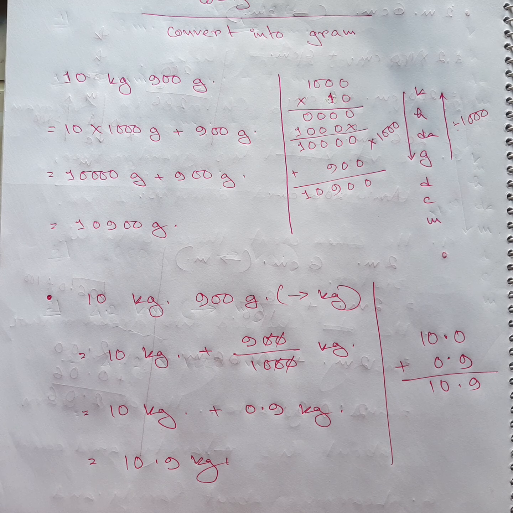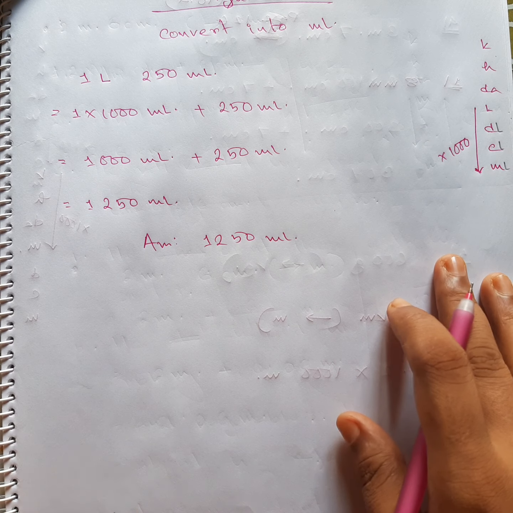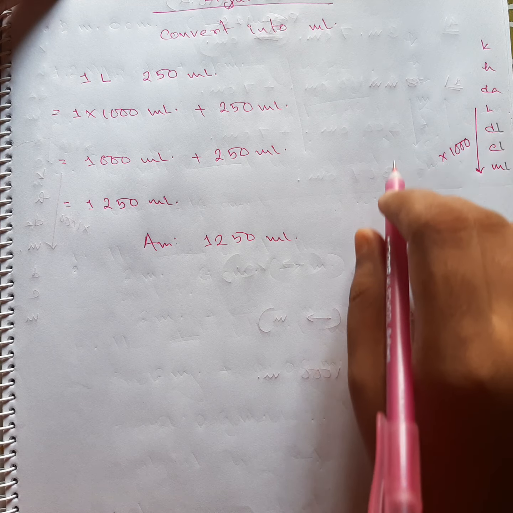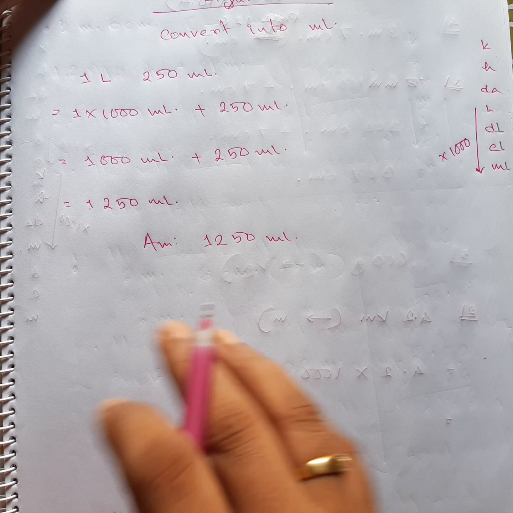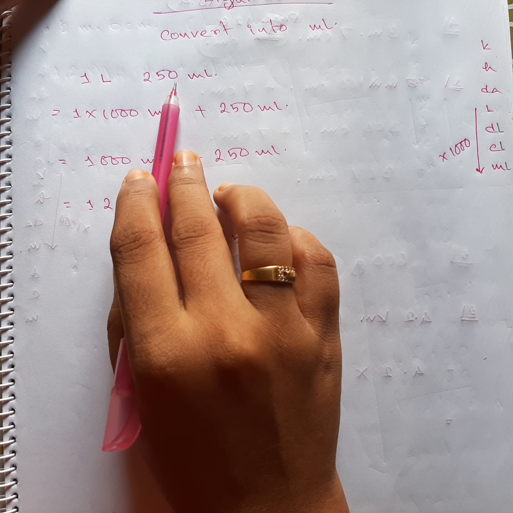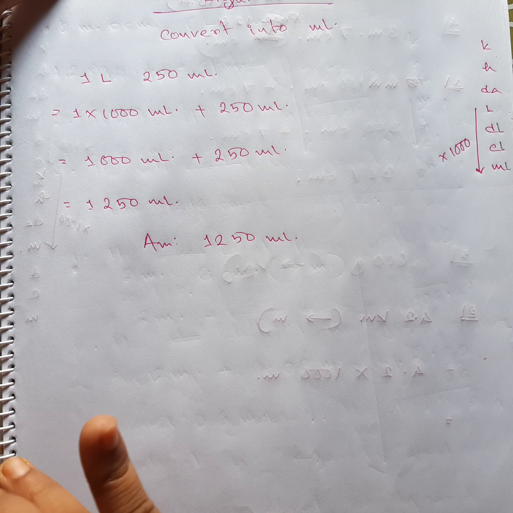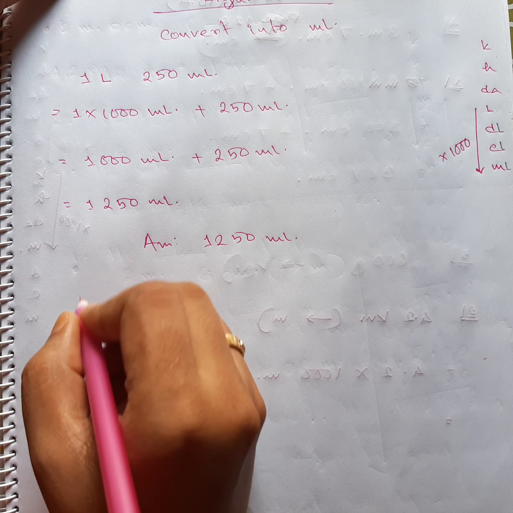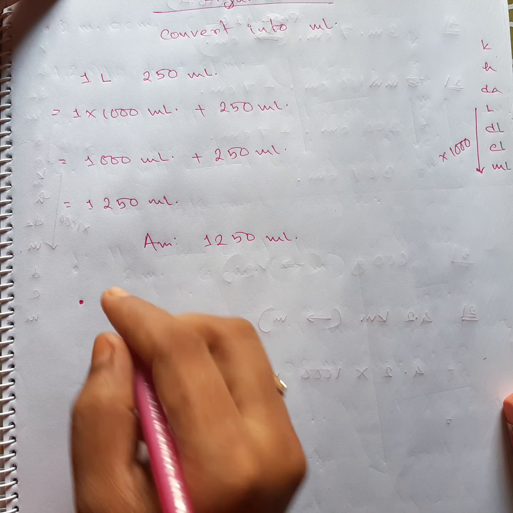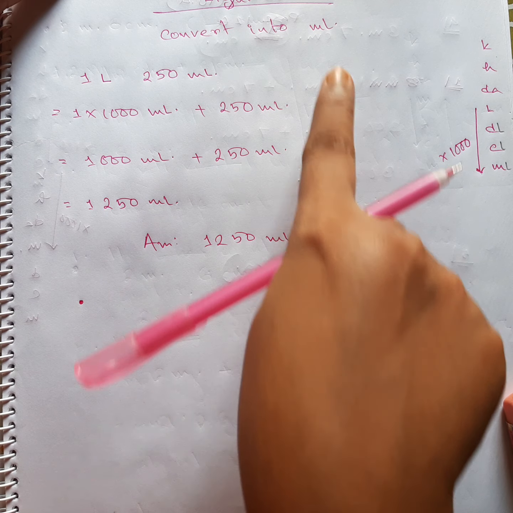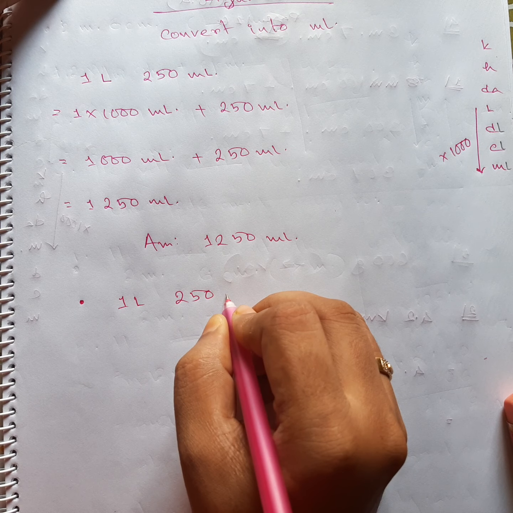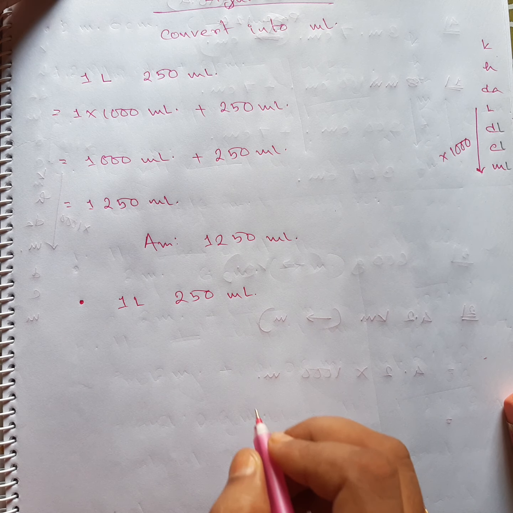I am going to go for the next math. I hope that by this time you understand if you want to go from millimeter to liter what to do. Exactly which one we have done. Just like this, you have to change this one into liter, and you know how to do it, right? Now I wanted to do the deciliter one, okay? The deciliter one, because they also told us to convert this one liter 250 ml into deciliter.